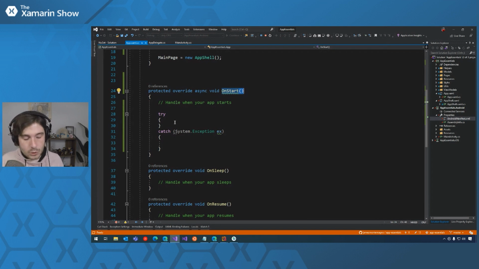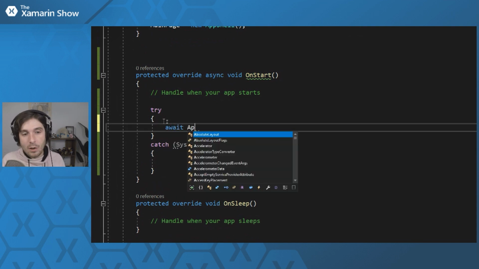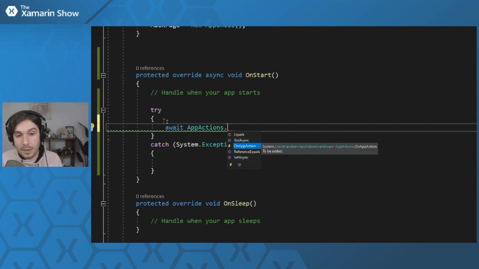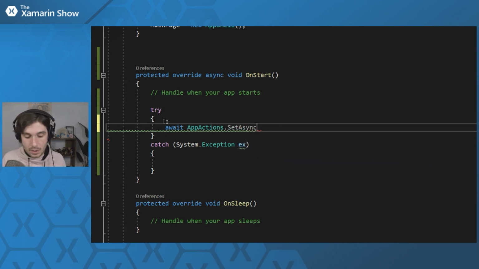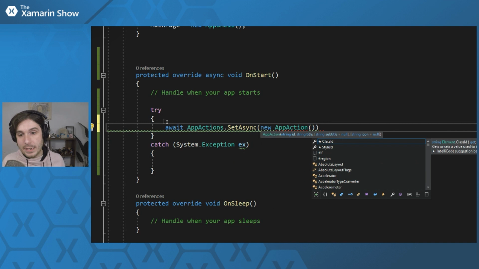So here's what we're going to do, inside of a try catch, just in case something terrible goes wrong, we're going to call AppActions, which is the name of the API in Xamarin Essentials. And I can get all of my app actions asynchronously. I can register for an event or set my actions asynchronously. And here, this just takes a parameterized list of app actions. So here, let's create a new one, and we'll create a new AppAction. Here we go. And it takes in an ID, a title, and optionally a subtitle and an icon. We have those also documented inside of the documentation for you to take a look at.